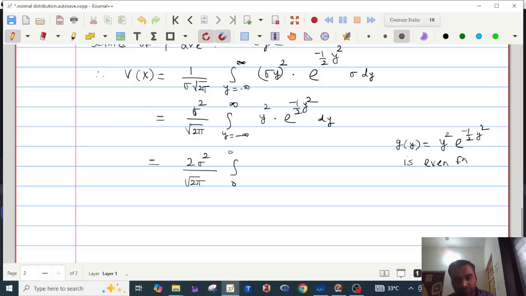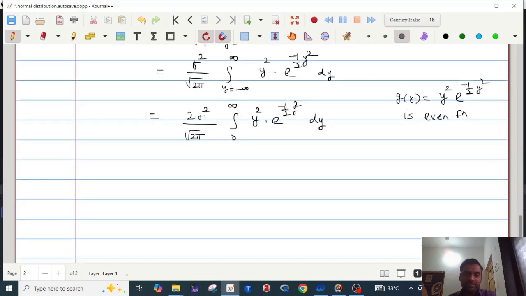integration from 0 to infinity y square into e raised to minus 1 half y square dy. Now if you observe this, this will be solved by using the gamma function. That is, there is a formula: integration from 0 to infinity e raised to minus a square y raised to n minus 1 into dy is equal to gamma n divided by 2 times a raised to n. If you compare this with this integration, we get constant a is equal to 1 half